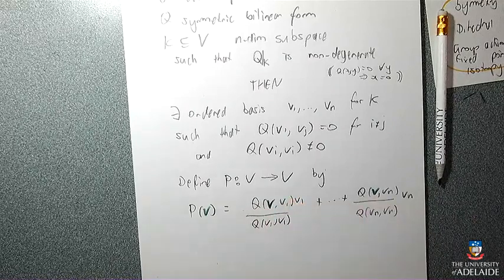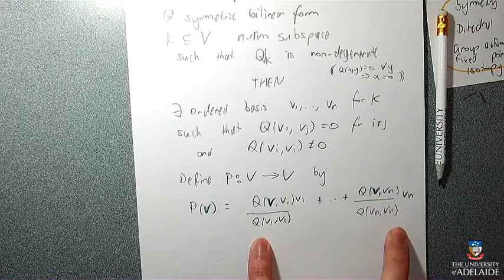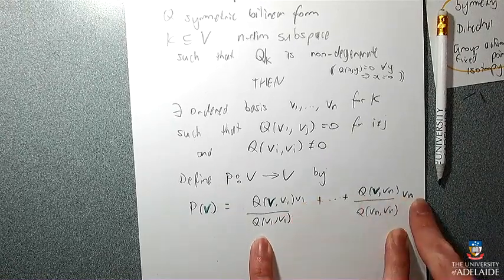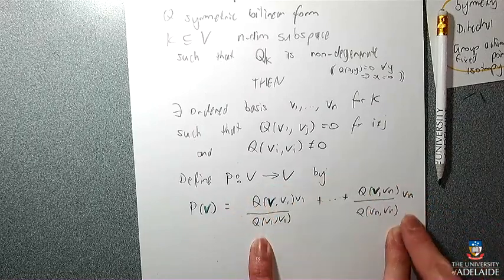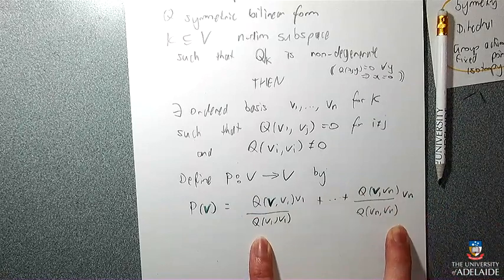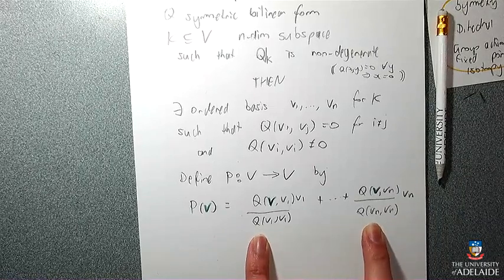Okay. So when we did orthogonal projection in Maths 1B, it was similar to that. We knew that if we wanted to project into the subspace K, then you would need to have something that was a linear combination of the basis of K. So what we're creating here is a vector that's in K, because V1 up to Vn is the basis for K. So this vector is definitely in K, because it's a linear combination of K's basis. And all we have to do is choose the coefficients of V1 up to Vn in the correct way. And this is the way that we are choosing those coefficients.